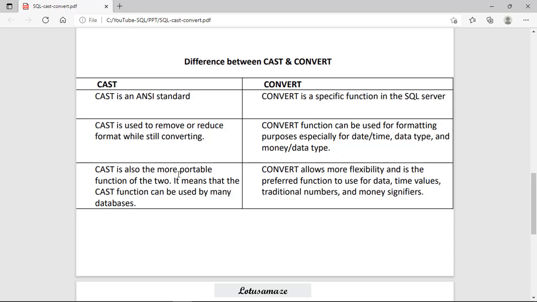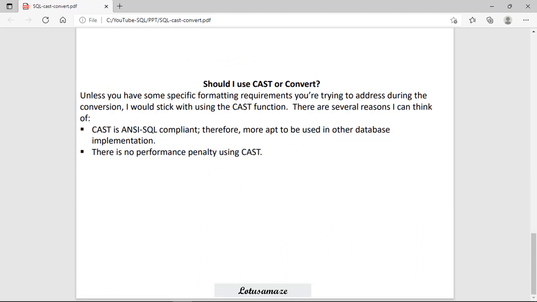CAST is a more portable function. It means this can be used in many databases. But the CONVERT function is more flexible. You can use it for formatting of date and time values, decimal numbers and money values. Now the question is which function should be used, CAST or CONVERT?